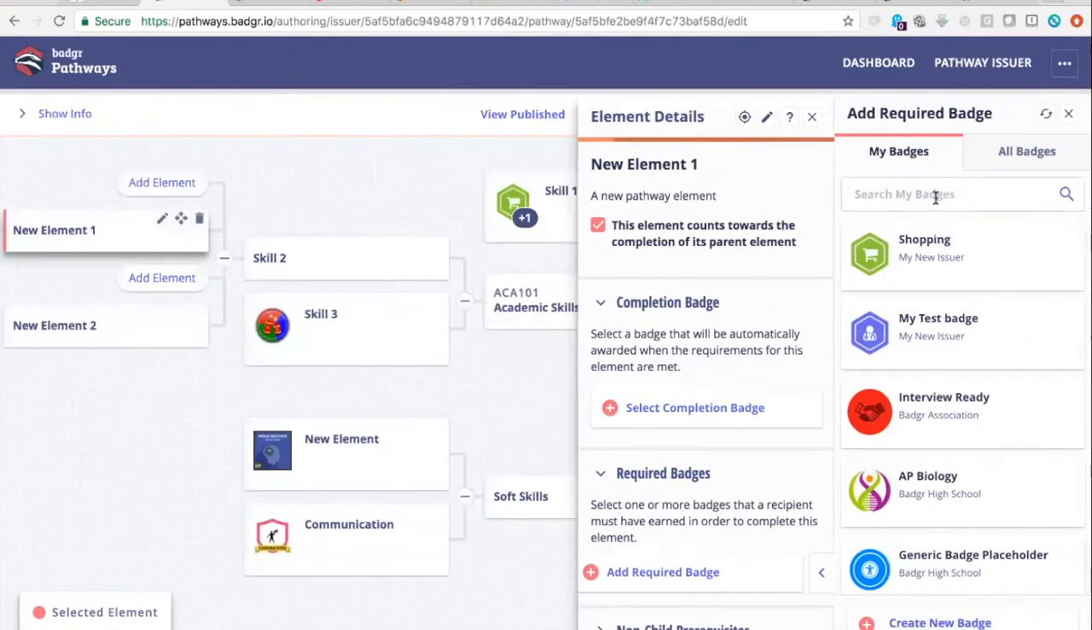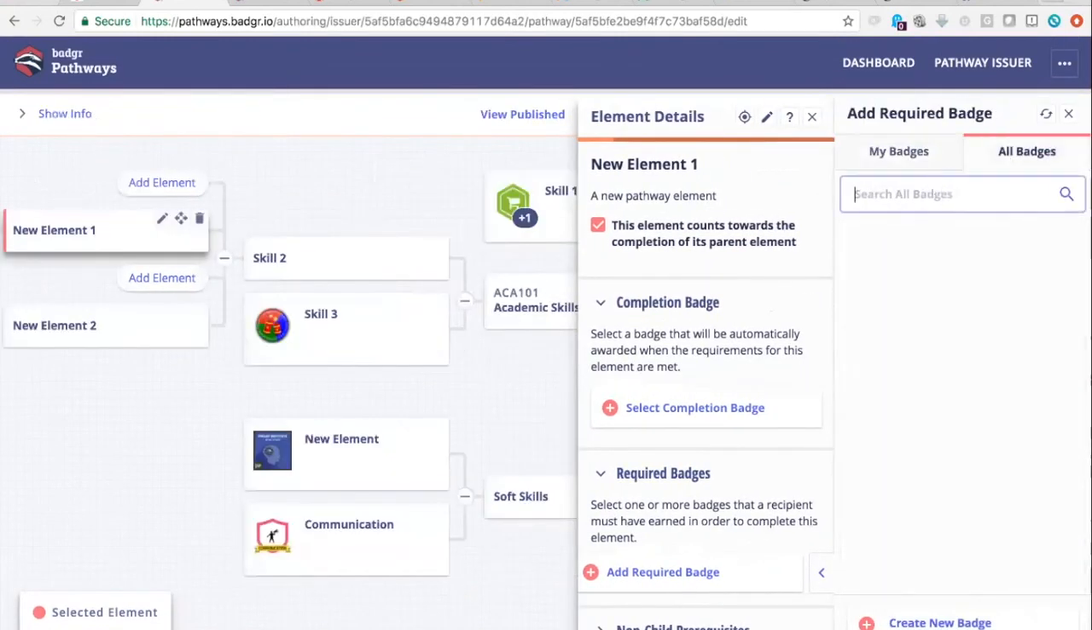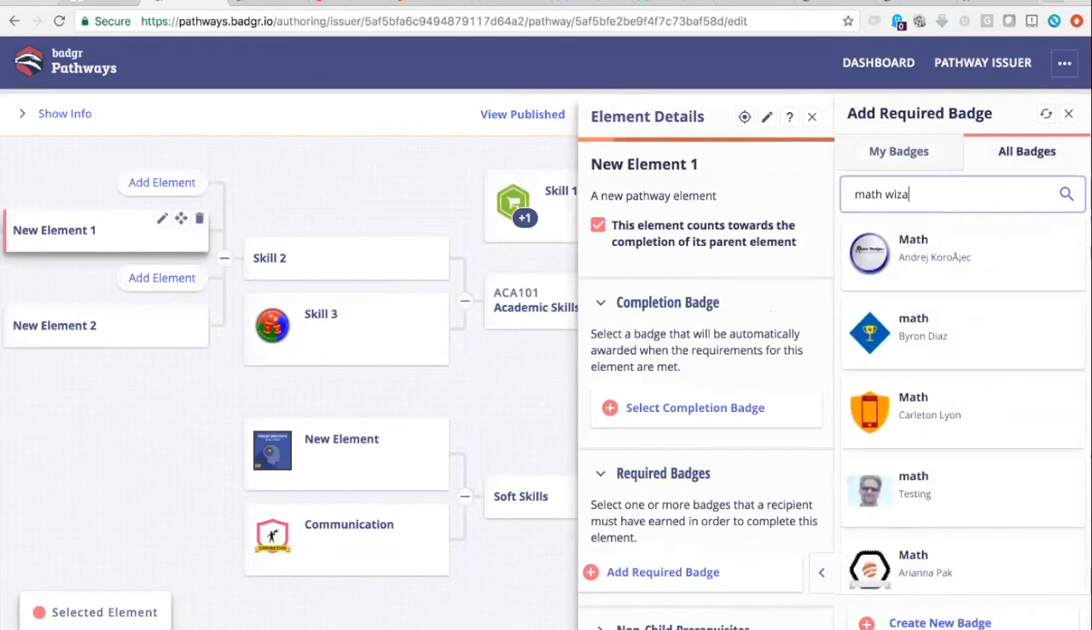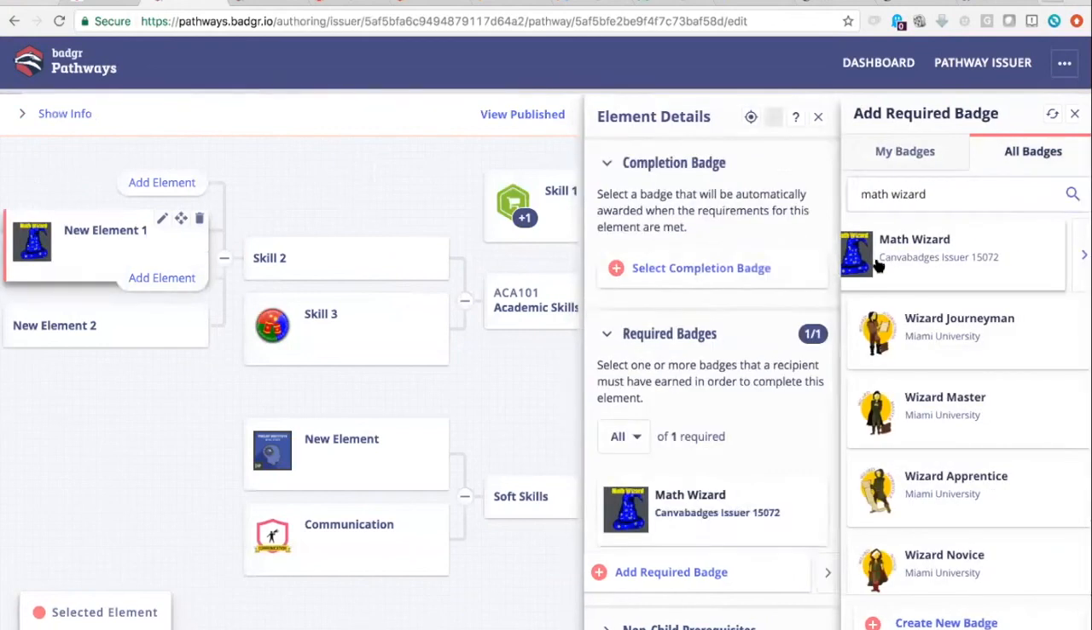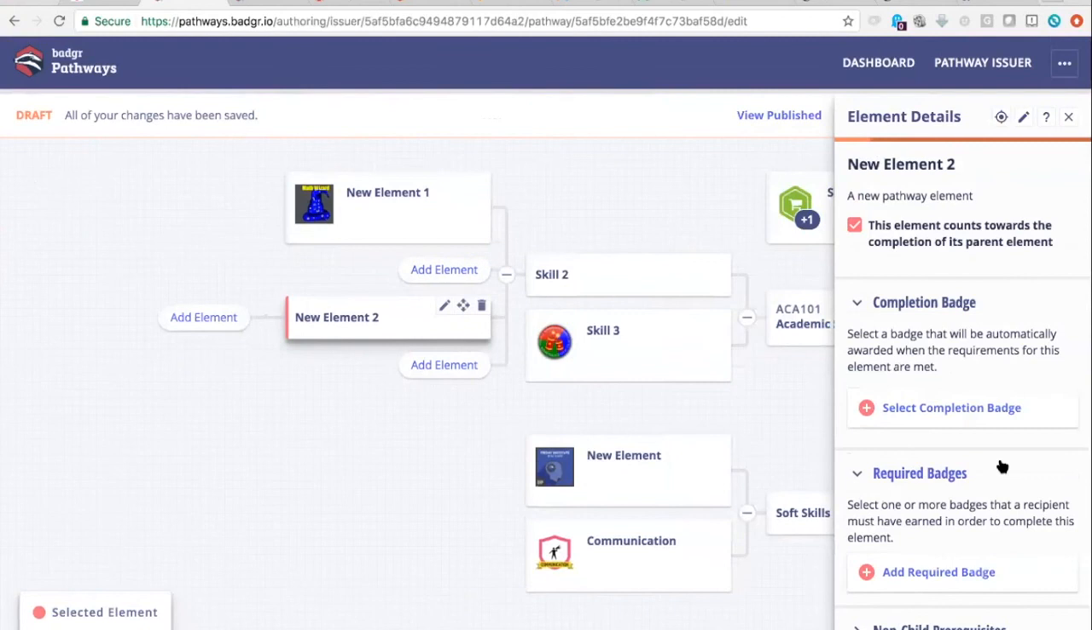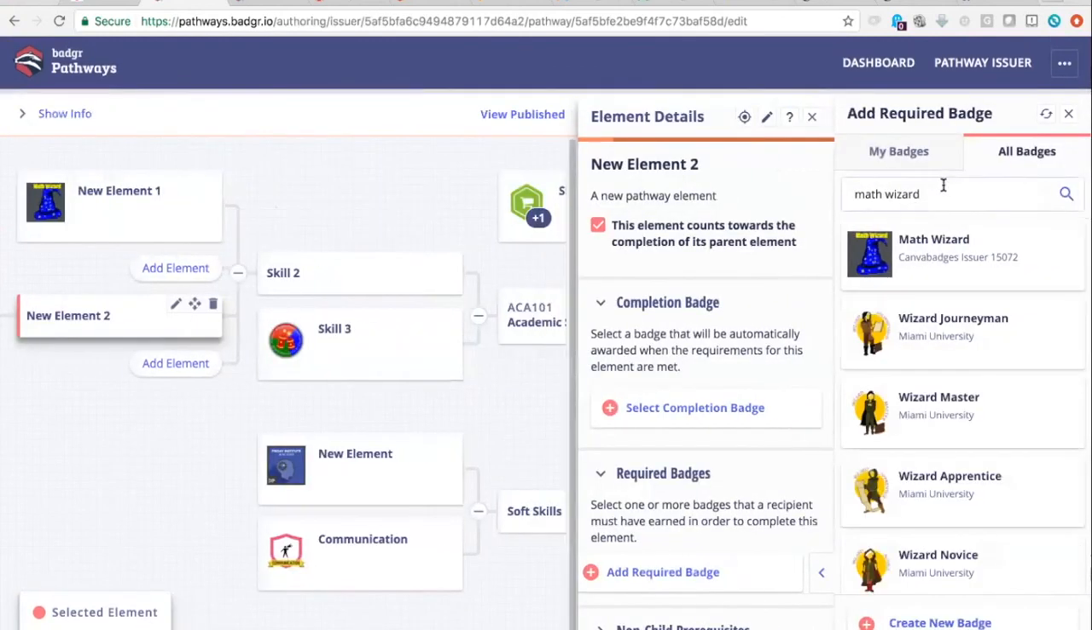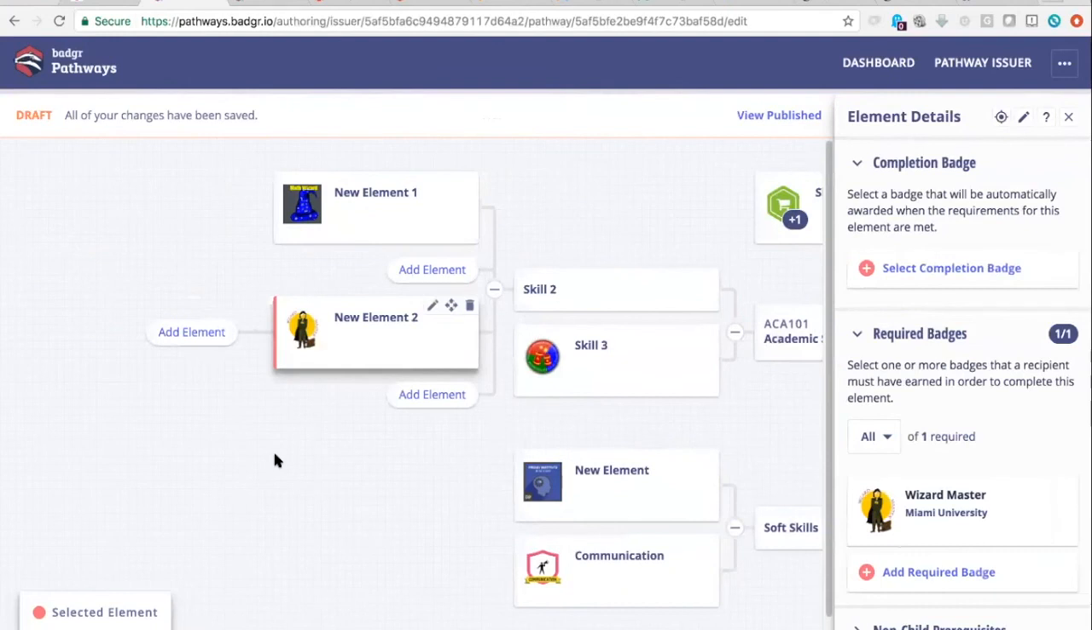So let's see. We'll go back for math badges. Let's see, Math Wizard badge. There we go. And then I don't recall what this one was. We're going to go with, I like Math Wizard, we'll go with that. Great. So now our two badges that are required are broken up over here, and we have the ability to